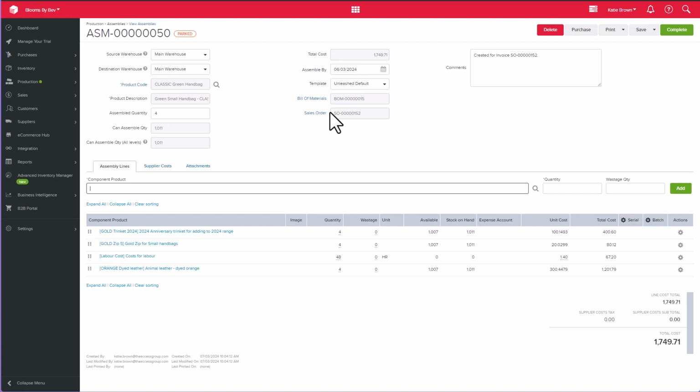Please note that you're not able to edit anything on this assembly or add supplier costs. And please also note that you cannot delete this assembly from here, but you are able to remove the product from the sales order. You can then either complete the assembly using the Auto drop-down menu and selecting Assemble, or